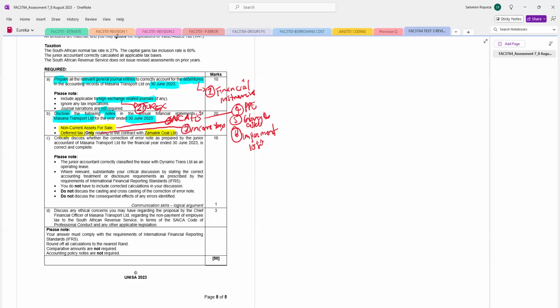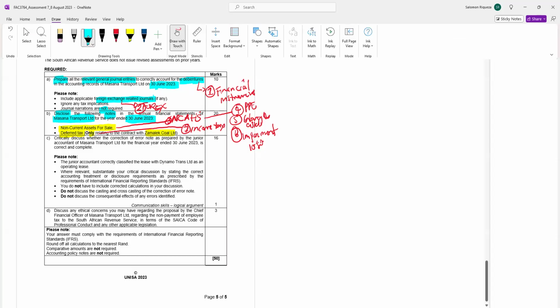Okay, so that was the second one. The second one is disclose notes, and the notes is non-current asset held for sale and deferred tax. Right, then C, we now go down to C. C says